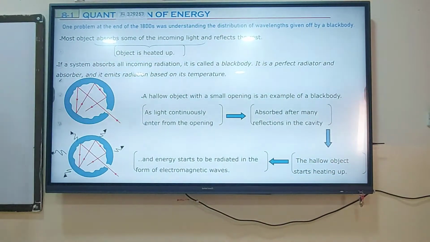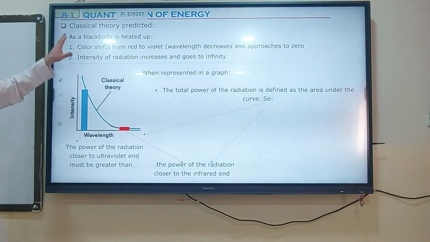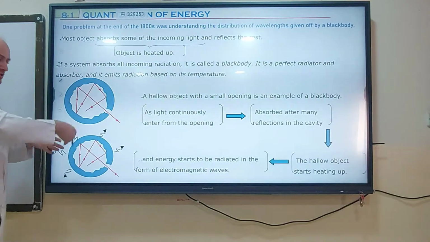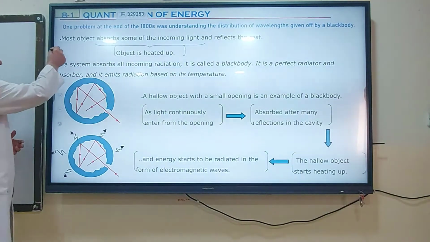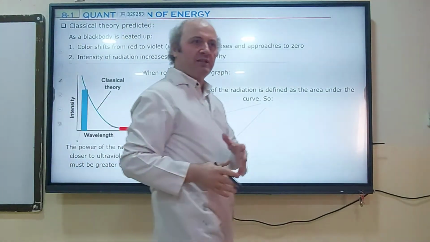So why is this Blackbody so important? Because many experiments about thermodynamics in physics are done this way. How the energy radiated by this Blackbody and the wavelength of the light change was a question for a long time. But then classical physics said something about this energy radiated by the Blackbody and what wavelength of the light is emitted. So first I am going to talk about the classical model's